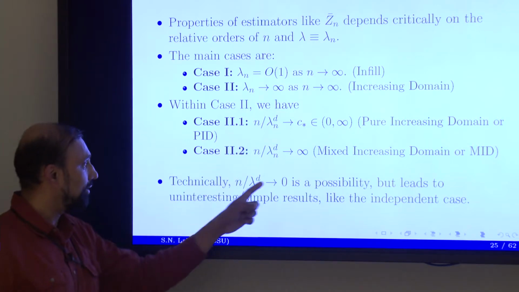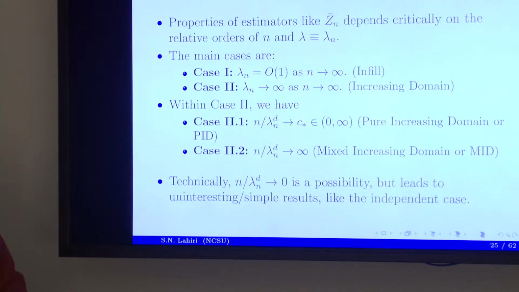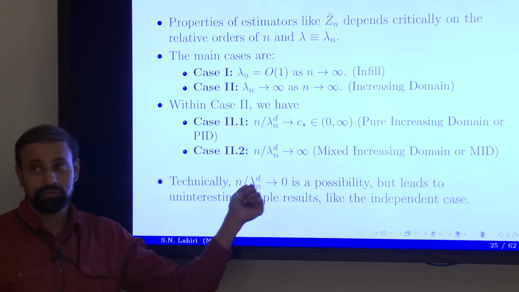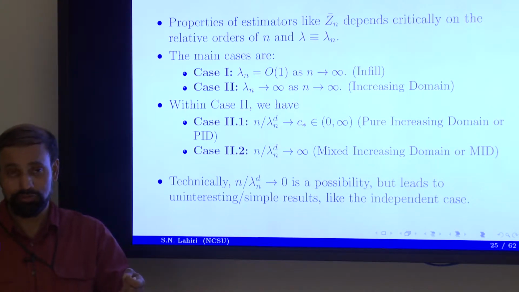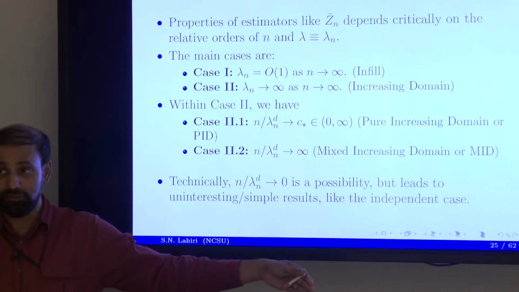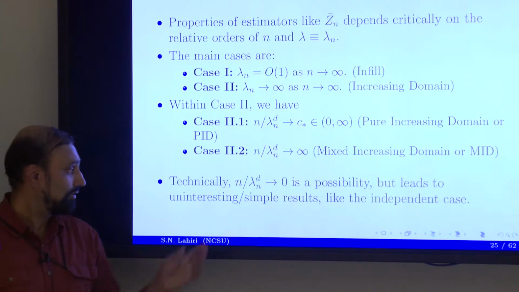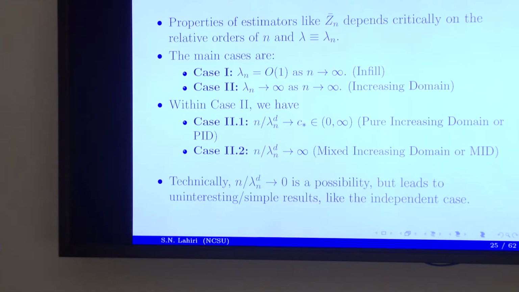And the case that I have left out is when C star is equal to 0. What does that mean? Again, this is the number of observations per unit time interval, and that is almost like 0. To get 2 of these observations, you have to travel very far in the time interval. So the observations are very sparse. Naturally, that corresponds to approximate independence. And then we know what to do. That's not a challenge.